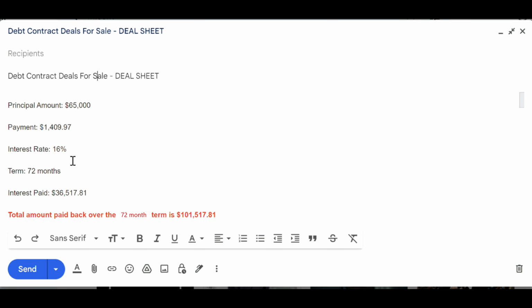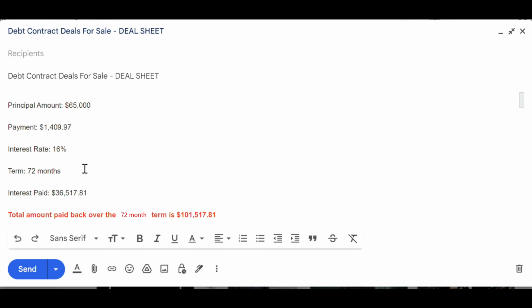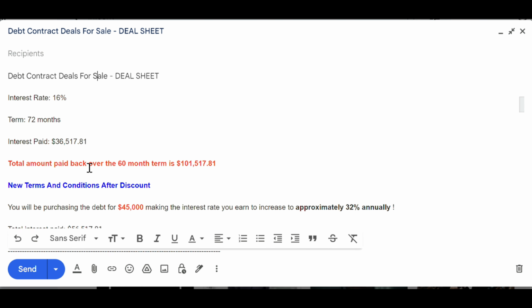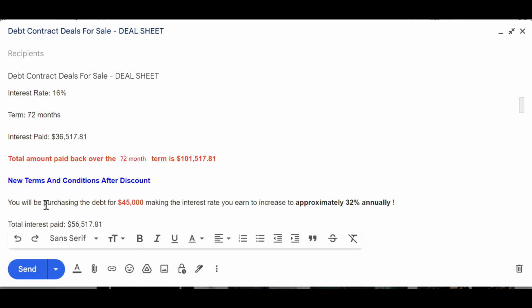So now keep in mind, most people would say that, wow, that's a great deal in itself, 16%, and with an assurance fund attached to it and all the rest of it. But because of how we go about securing these deals by asking the bank for proof of ownership of the debt, which they are having a really hard time these days coming up with on any of the deals. So what happens here is that 16% seems really great, but what we can do with the new terms and